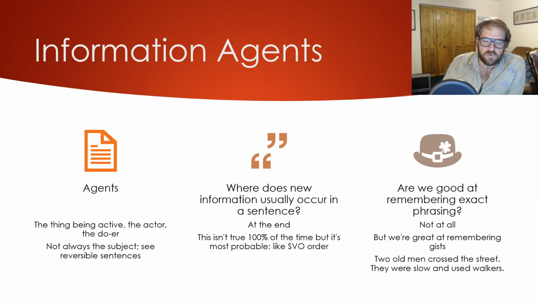And this comes up when we talk about where does new information occur in a sentence. Well, at the end, usually. It's usually at the end. So we're going to start with information, we're going to hit you with new information at the end. But again, this isn't 100% true always. It's just kind of most probable. We talk about this when we talked about the SVO order of English, subject, verb, object. It's usually that way, but we don't always have to go that way